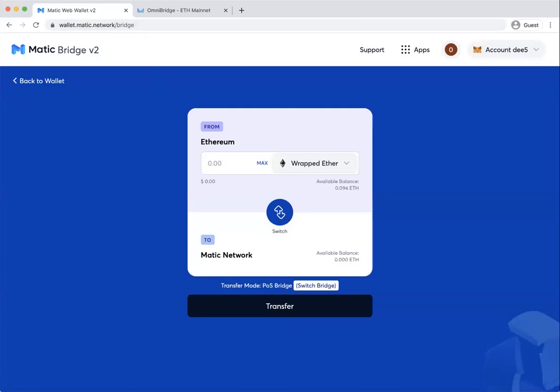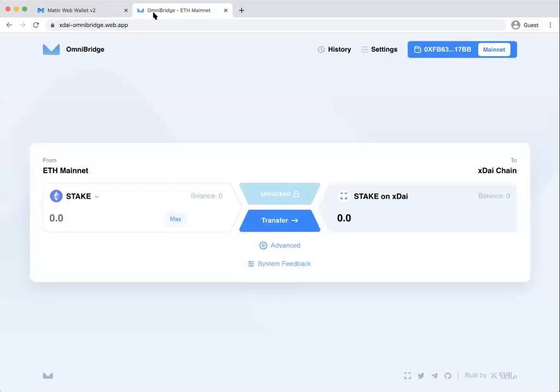Yeah. And I think from a UI UX flow perspective it may look the same, but mechanically how it works is quite different. There are different trust assumptions, and when it comes to layer 1 or ETH mainnet to XDAI, I know they're moving XDAI from proof of authority to more of a proof of stake with their token called Stake.